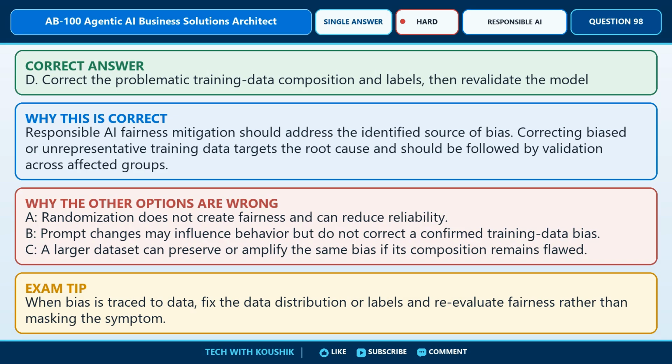Here is the reasoning that confirms the answer. Responsible AI fairness mitigation should address the identified source of bias. Correcting biased or unrepresentative training data targets the root cause and should be followed by validation across affected groups. The incorrect choices are plausible, but unsuitable because